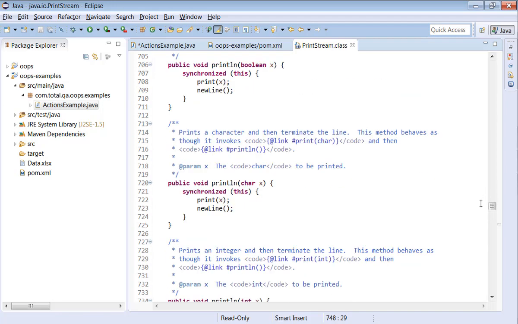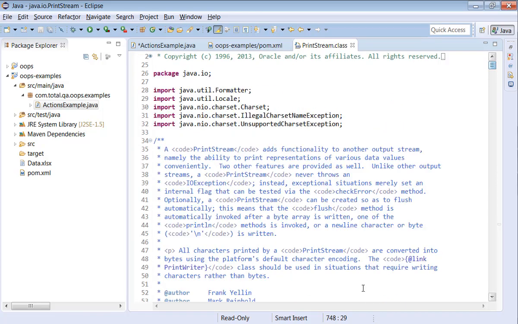And we can easily remember this method. If we had a different method for each data type, print integers, print double, it would be very difficult to understand and remember as well. If we have one method, say println, and just pass the argument type accordingly, it will be easy for us to remember the concept.